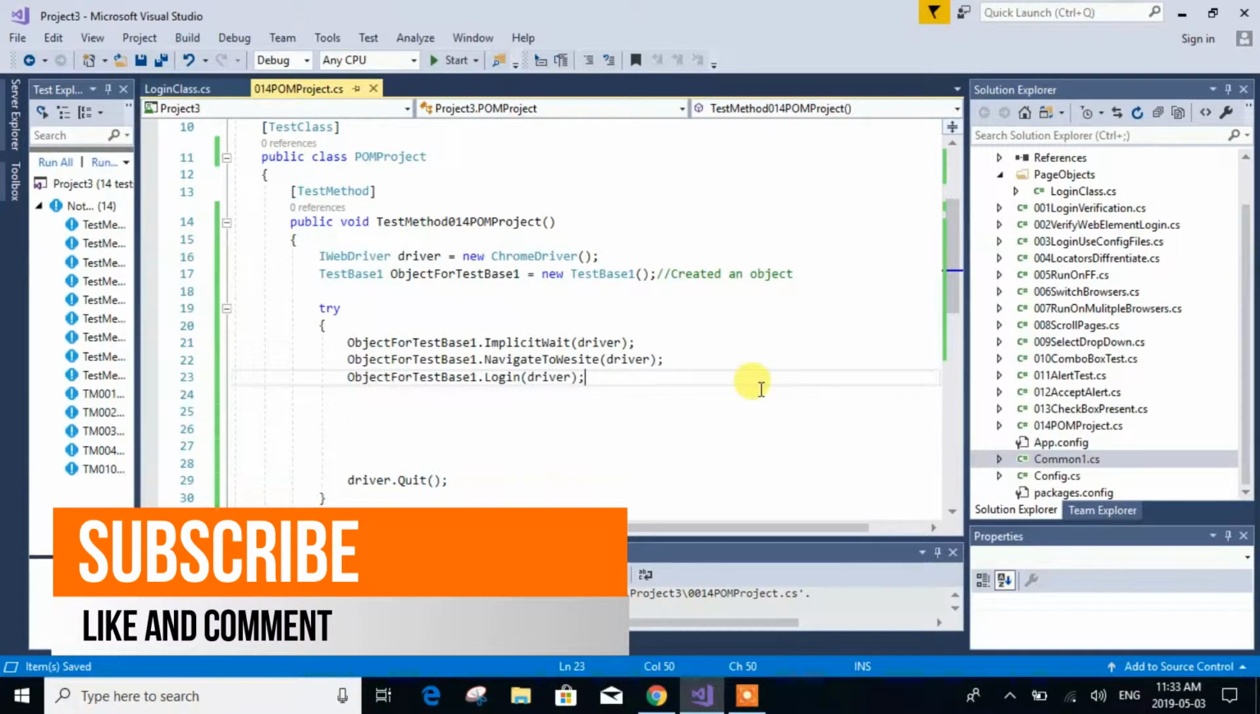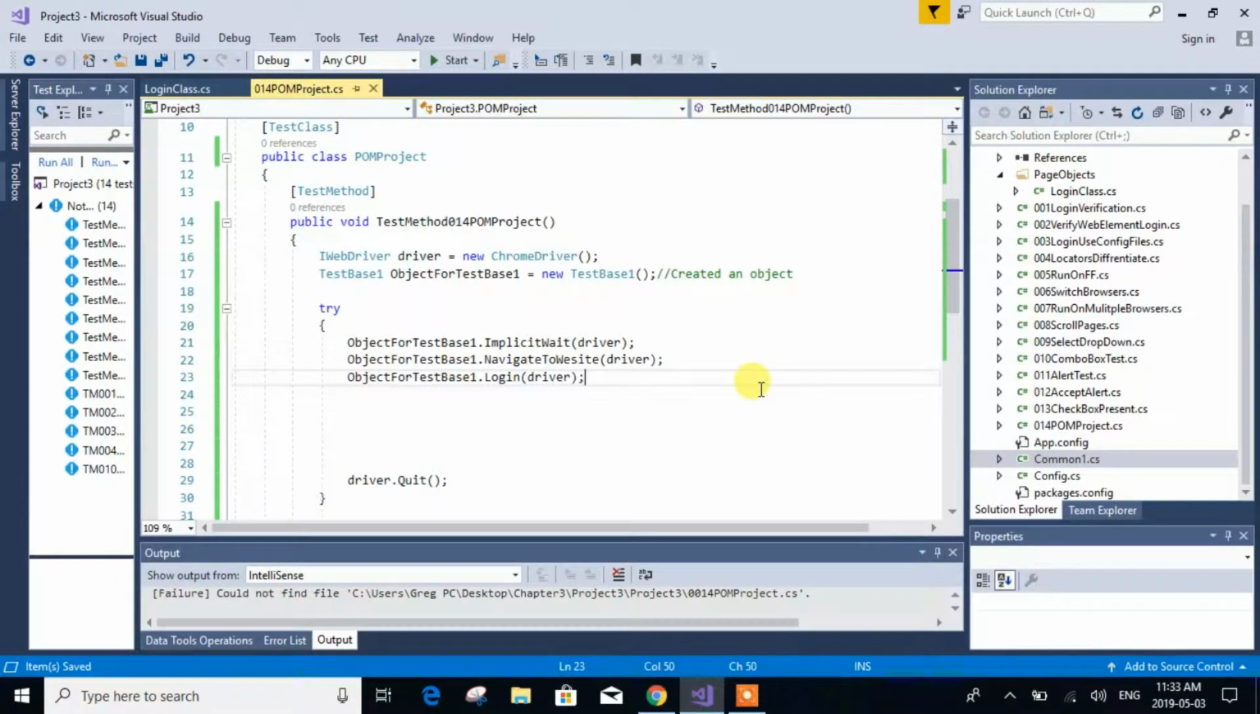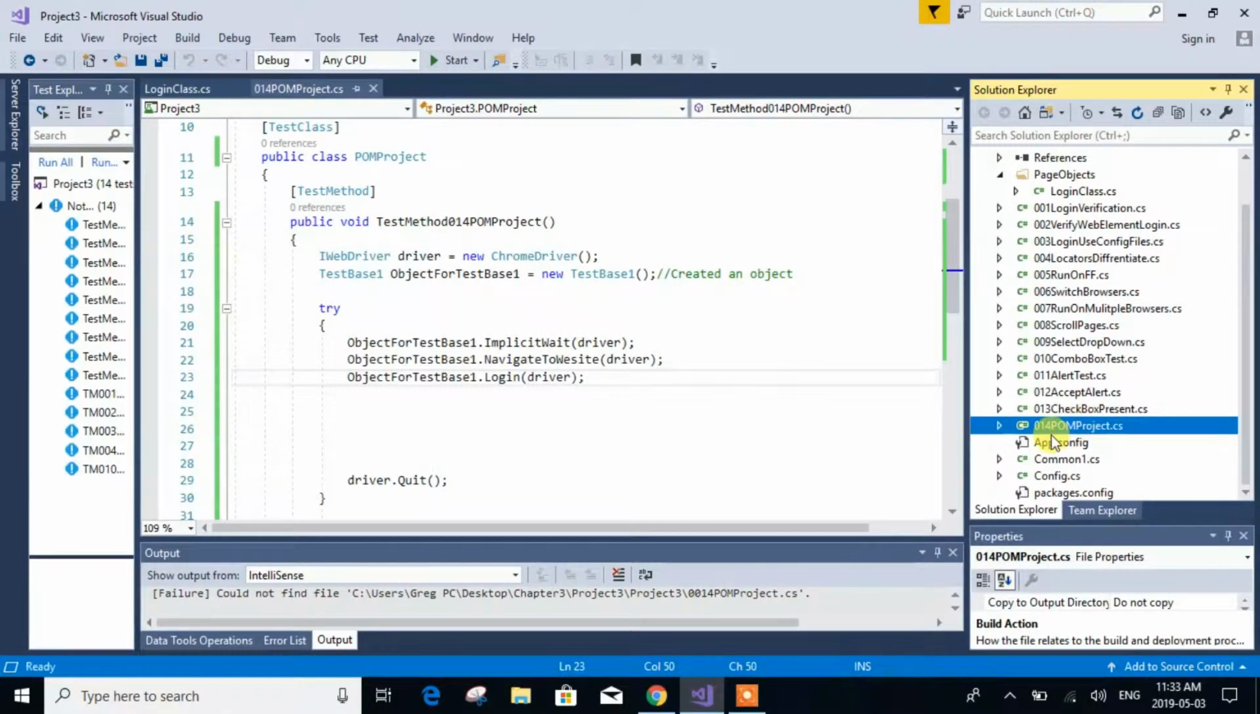Welcome back to chapter 21. This chapter will discuss the page object model. Page object model is one of the inevitable parts of an automation framework. So for that I've created a new test case called